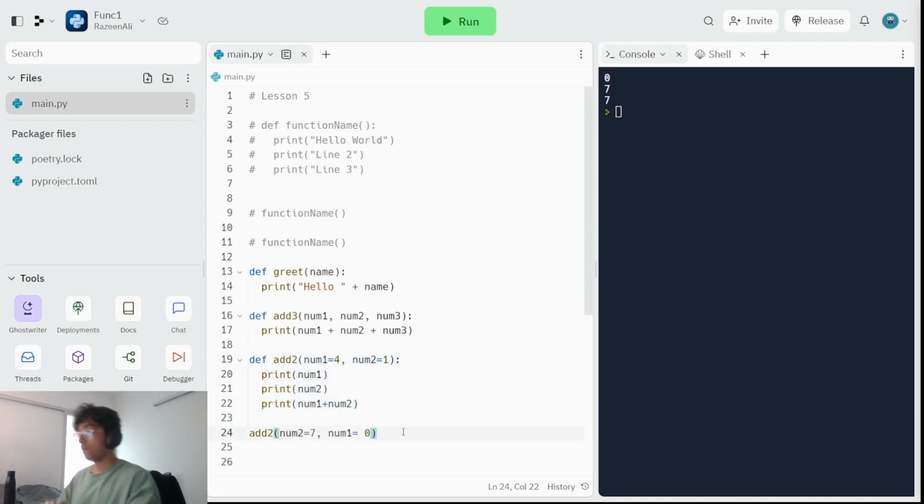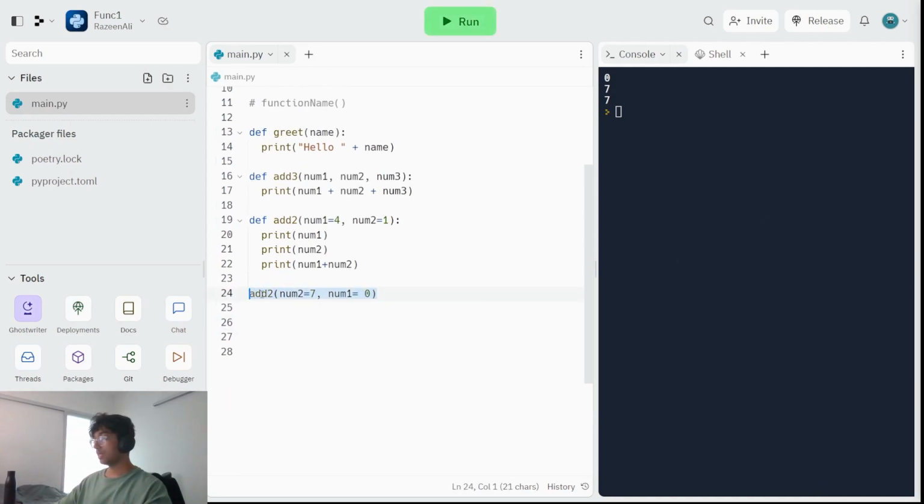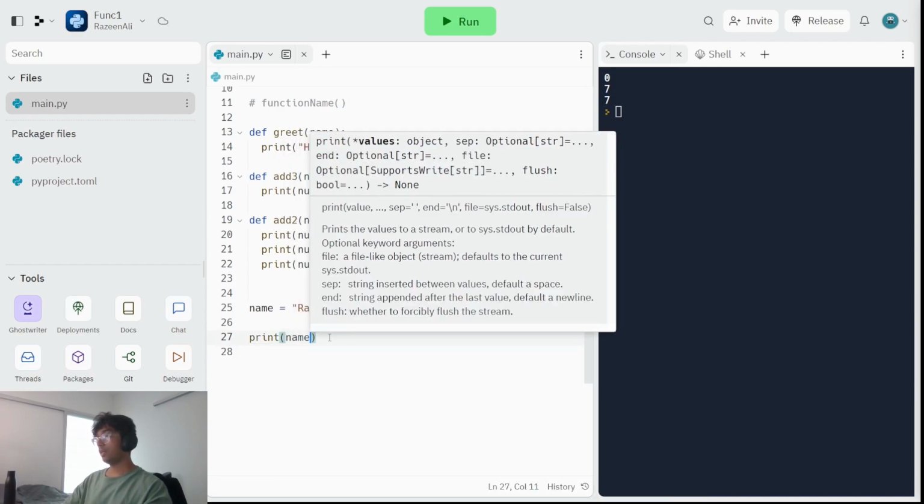All right, now what we're going to talk about is something called the scopes of variables. All right, so let's just scroll down here, comment this line out. I should just delete it. So you see, in these functions, we have variables such as name, num1, num2. So what if I had name here? Let's say name equals Razin. Now if I do print name,